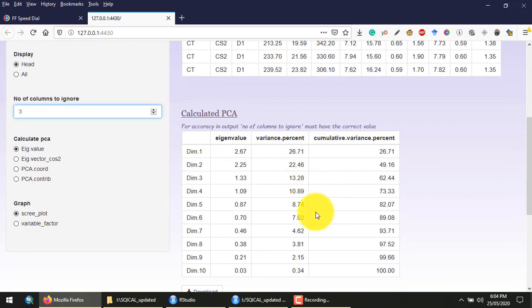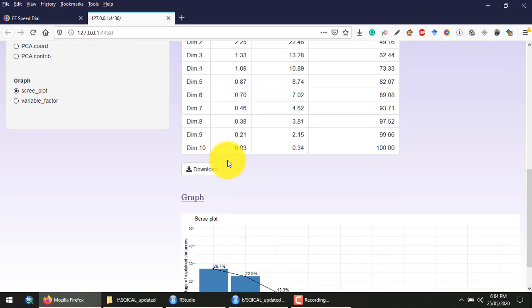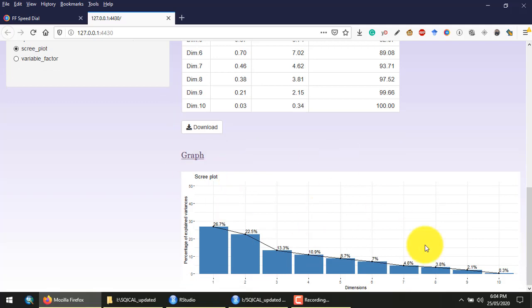You see the PCA has been calculated, and 23.33 percent variation has been explained by the 4 principal components. Here this is the scree plot. It explains the variance explained by each principal component. The first PC explained 26.7 percent of variance, and the second PC explained 22.5 percent of variance.